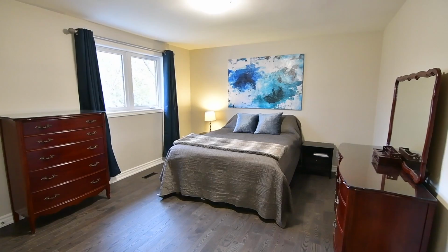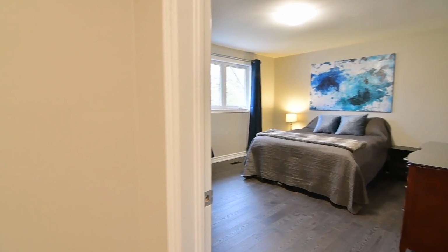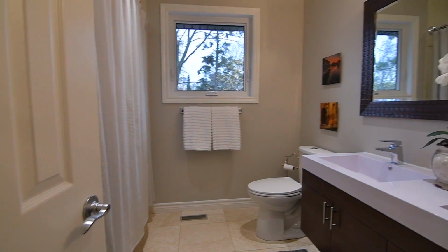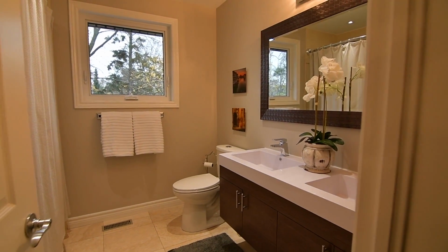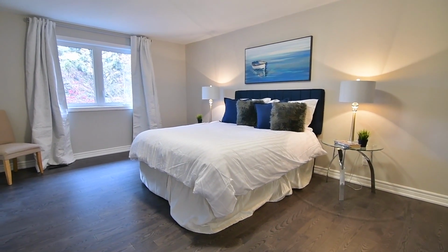These 3 bedrooms also share the 5-piece main washroom, which showcases deluxe floor tiles, a built-in storage closet with pull-out organizers, as well as a bath and shower combination with a deep soaker tub, tiled surround with a stone inlay and a glass shelf. The spacious master retreat has an oversized window through which to enjoy treetop and center court